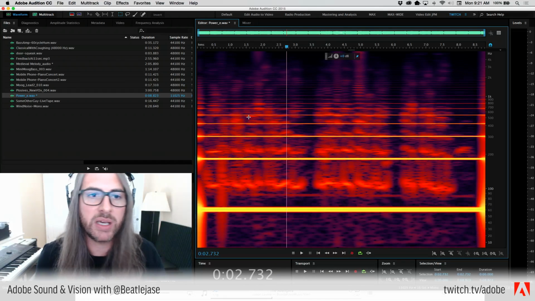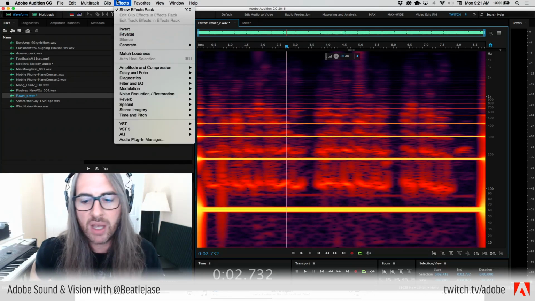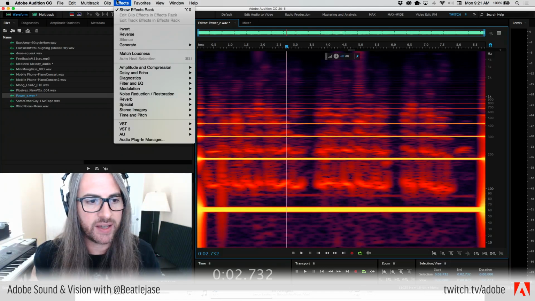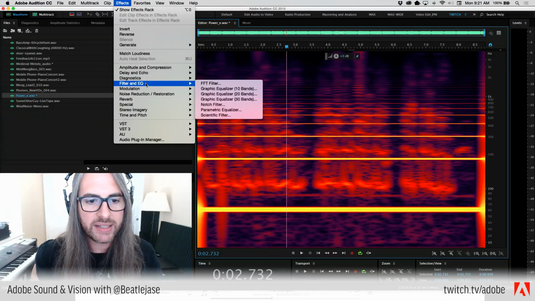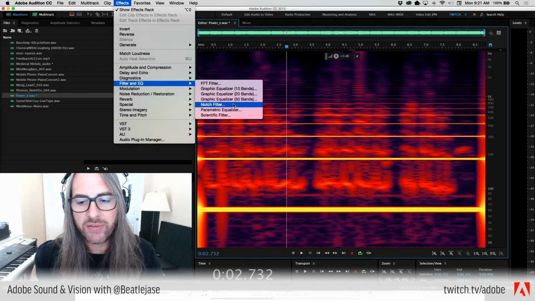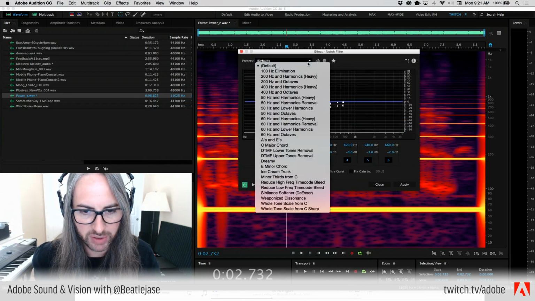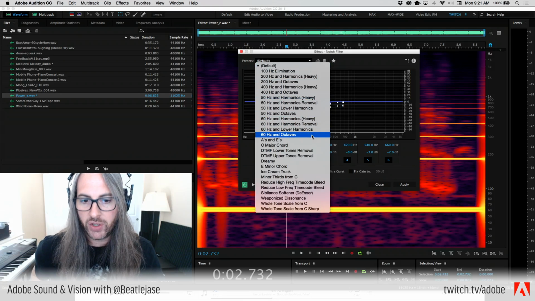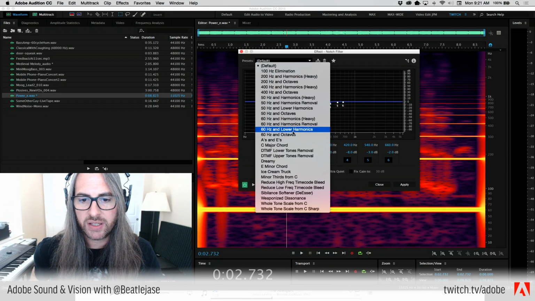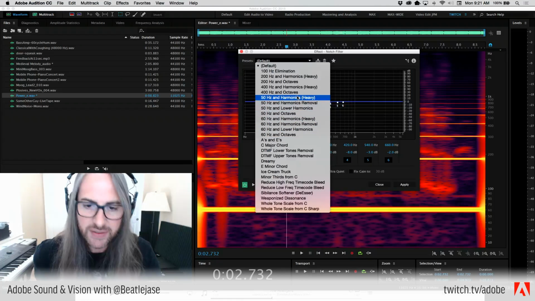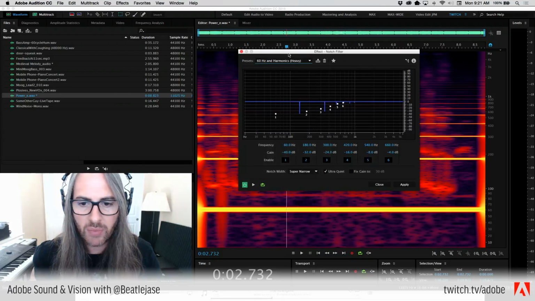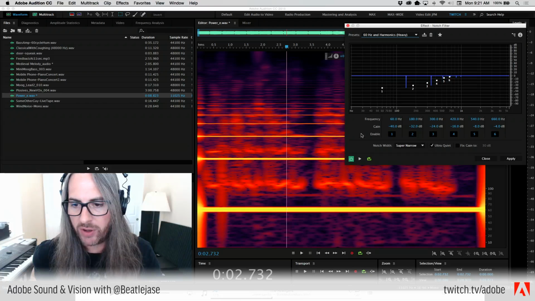Now, there's a couple ways that we could do this, all right? Because we can identify that this is 60 cycle hum. If we went into filter and EQ, we have this notch filter in here, all right? Now, the notch filter actually probably has some presets. I believe it does. Yes. So you can see 60 hertz in octaves, 60 hertz in harmonics, all right? And we could go to one of these presets, 50 hertz, etc., and simply enable one of these. And if we go ahead and click play,